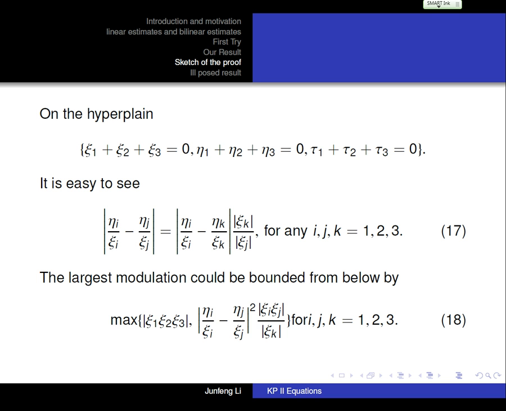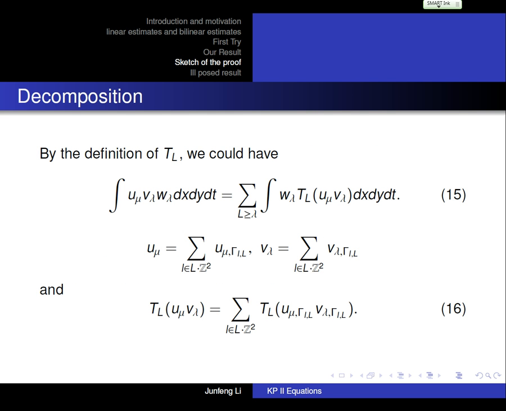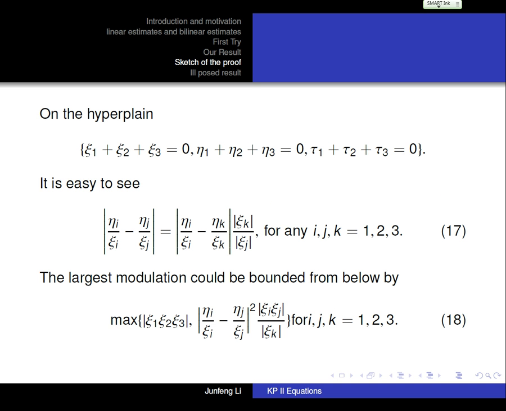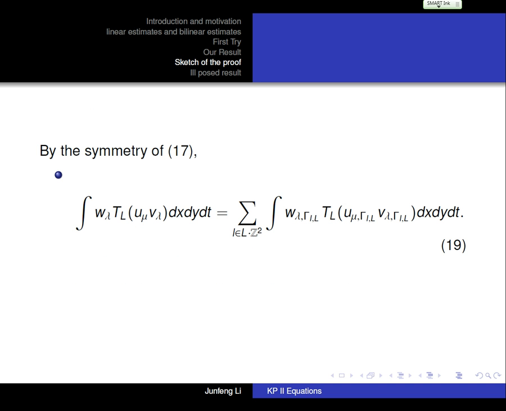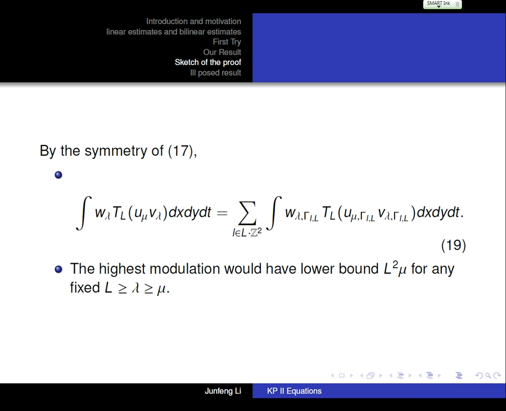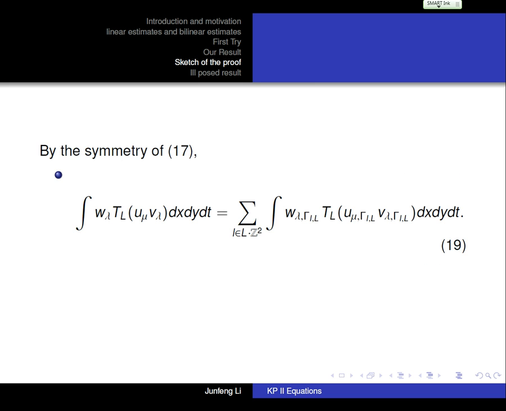Another observation is that on this hyperspace, because we are always working with this product, by Fourier transform it is just a convolution, and you will always have this kind of symmetry. This symmetry will give you some more. Firstly, you can change this one as you want, for i, j, k equals 1, 2, 3, and you can always have some modulation estimate. And a more important case is that, sorry,